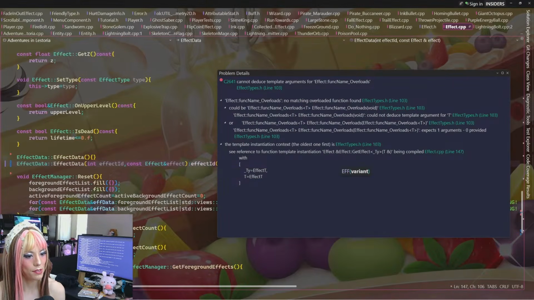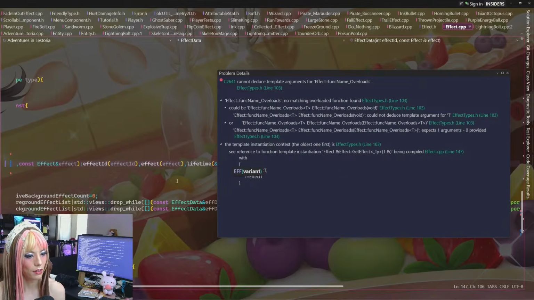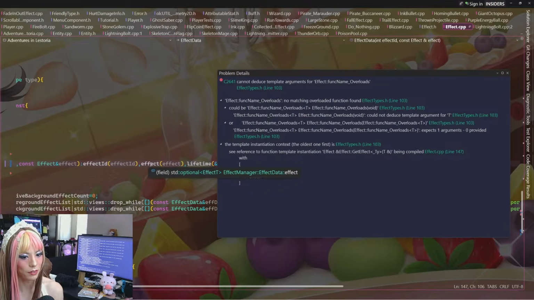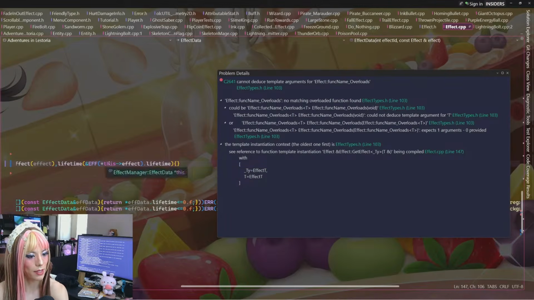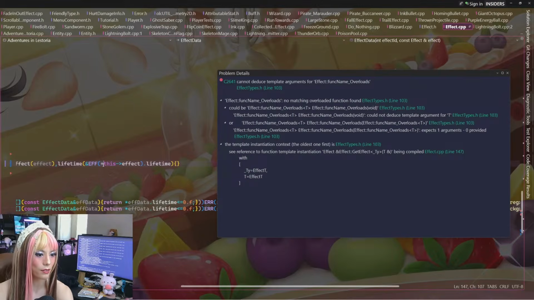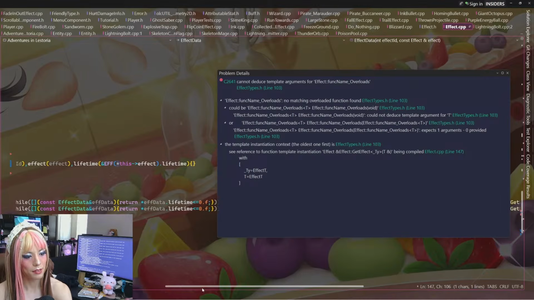Effect is... Wait a second. This effect is set to the optional effect data effect member. And that's the one I'm drawing from, I think, because I'm calling this effect, which is an optional. So that makes sense to me.